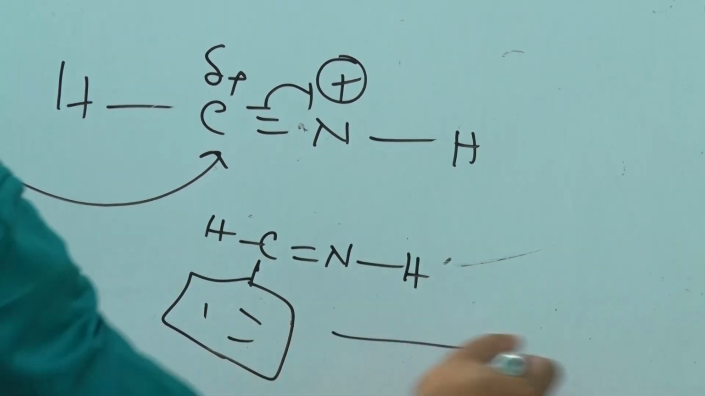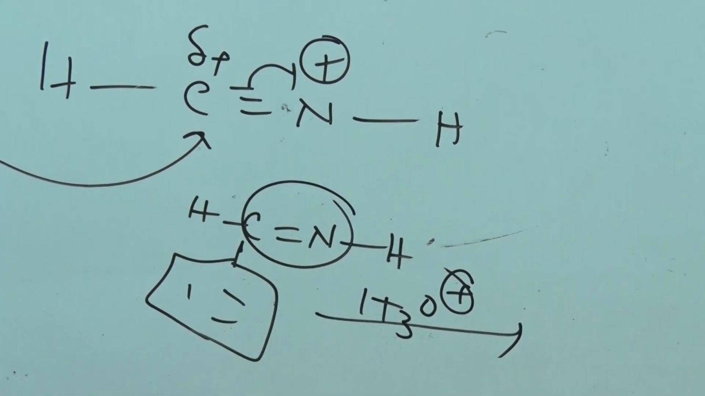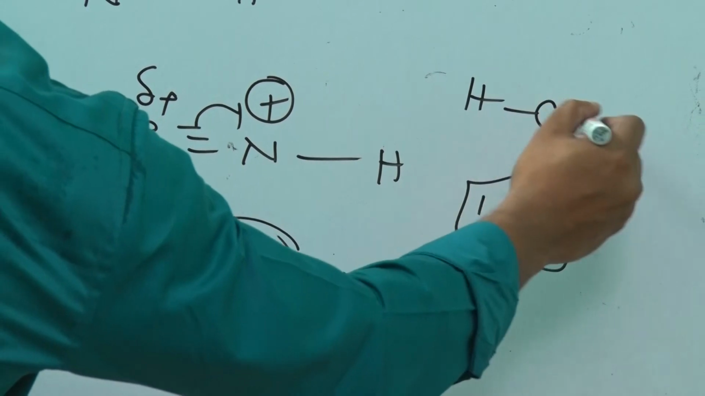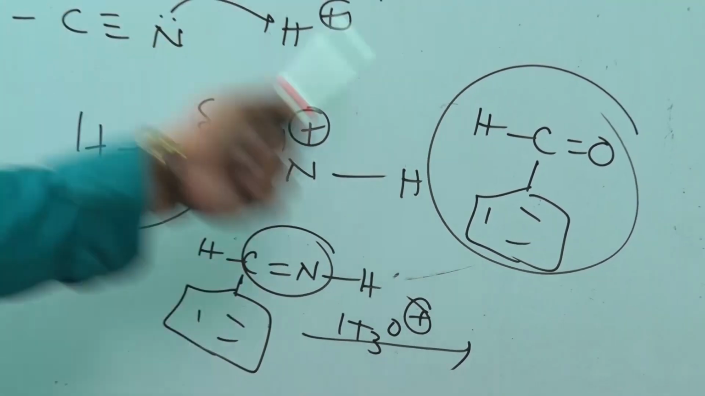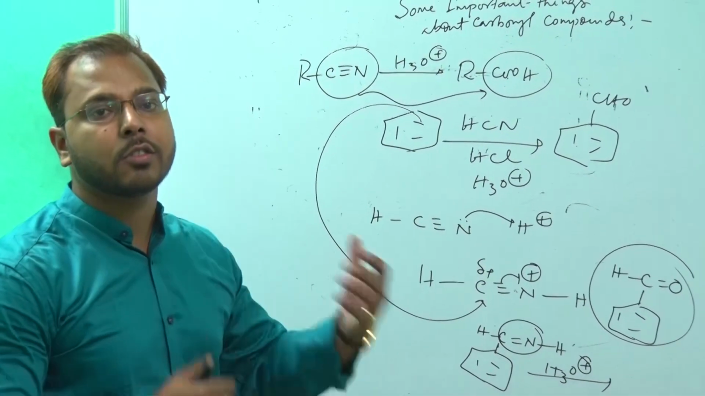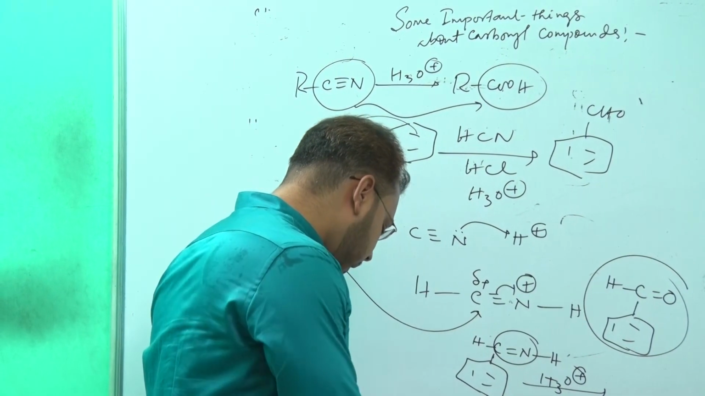And if we hydrolyze this part, then just as we have learned, this C double bond NH group will be converted to a C double bond O group. So by this method benzene can be converted to benzaldehyde by HCN and HCl. This is known as the Gattermann-Koch method. Okay. Now the next part is that